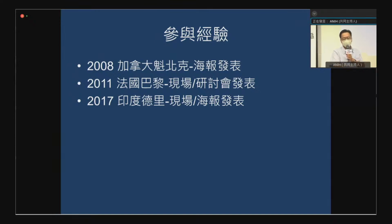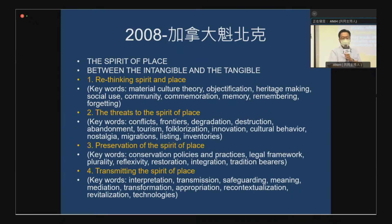Back at the time, I was still a graduate student studying in Europe. So I was told by my thesis advisor that there's this conference in 2011 in Paris, France. So I made it to the seminar, and I also gave another poster presentation in Delhi, India in 2017. When I went to Quebec in Canada,